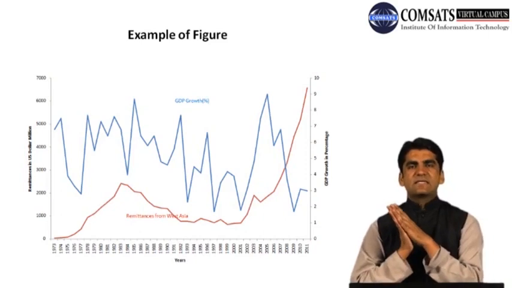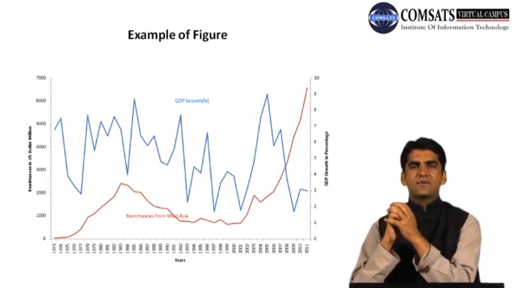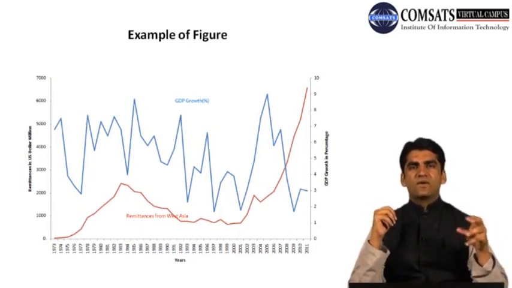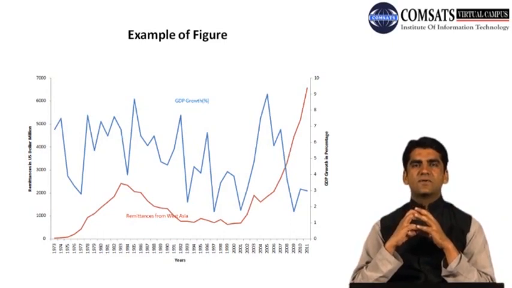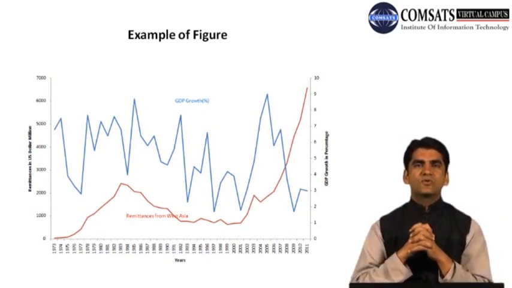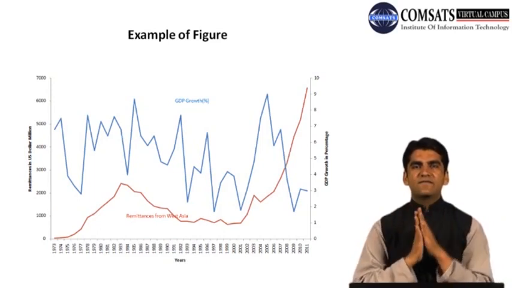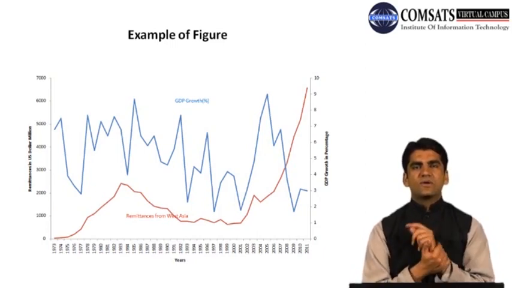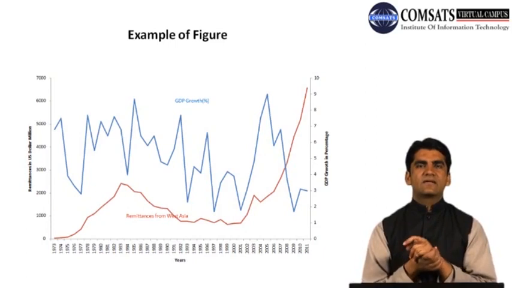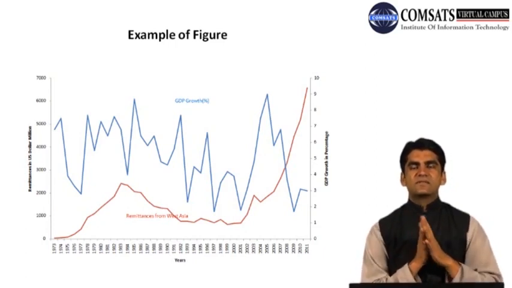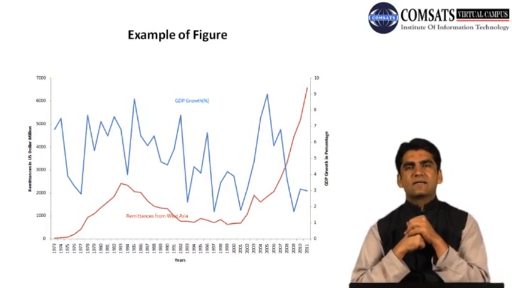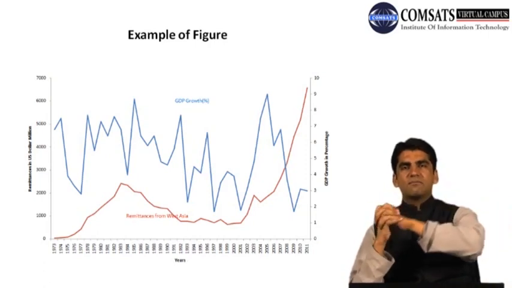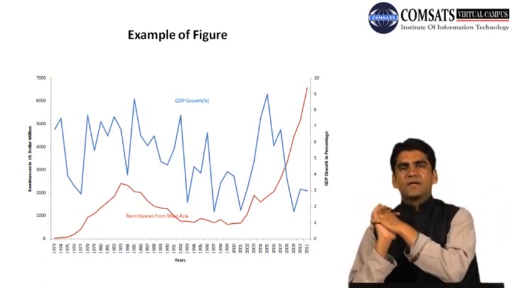We have seen in our previous example that we had migrant labor force and remittances. Migrant labor force was in million numbers while remittances was in US dollars. So that can be two different units, and to give them a sense of correlation or association, what we did, we actually take log of both, and then after taking log, when we bring them into similar units, then we put them in one graph, and then we can analyze that whenever there was a movement within migration, there was an impact on remittances also.